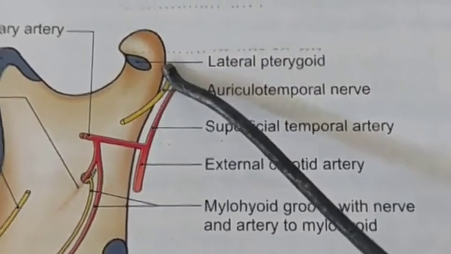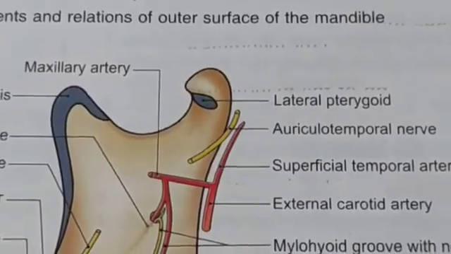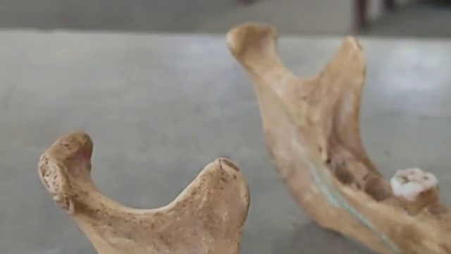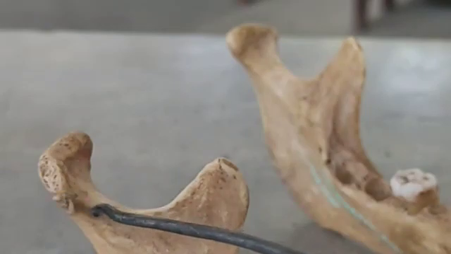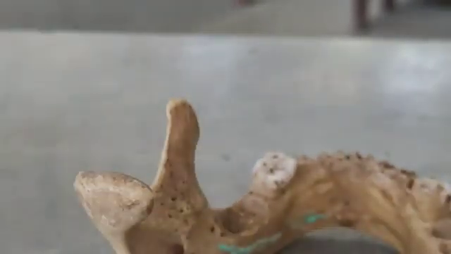Okay, then one ligament is the stylomandibular ligament, and this angle of the mandible gives attachment to this stylomandibular ligament. Then the lateral ligament of the temporomandibular joint, then the sphenomandibular ligament. Okay,